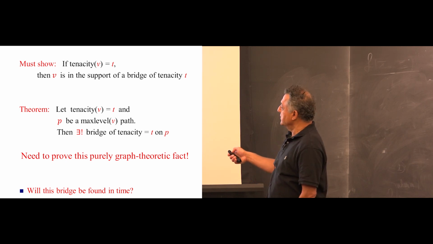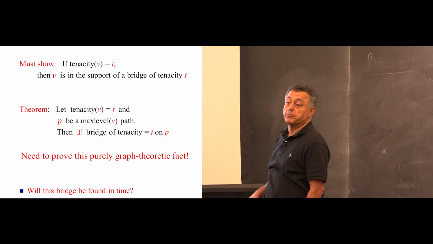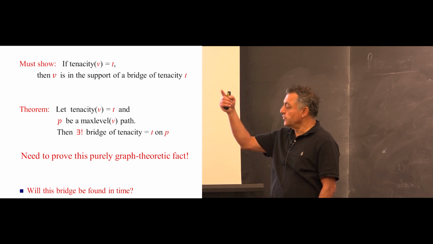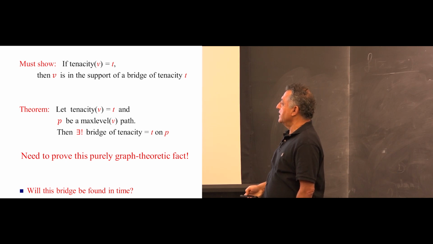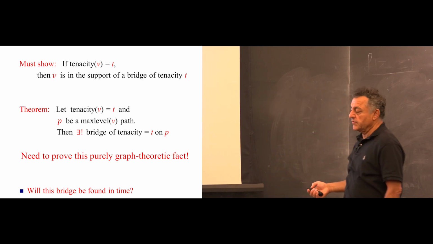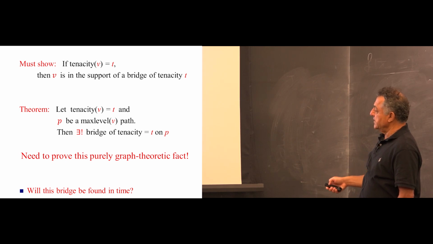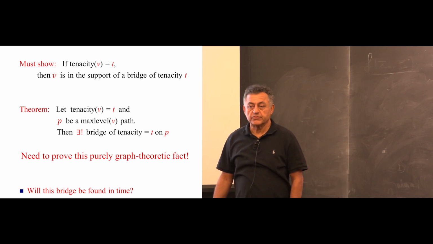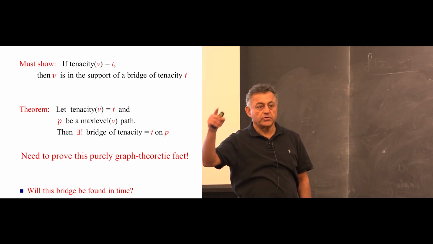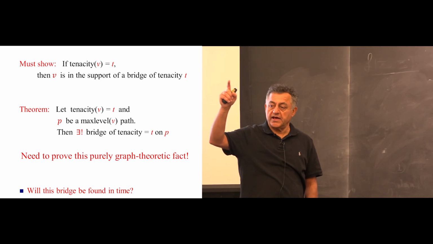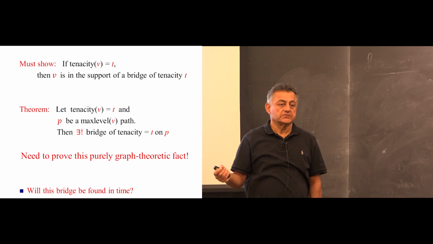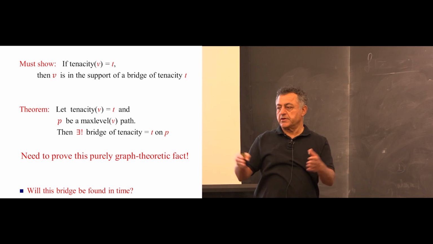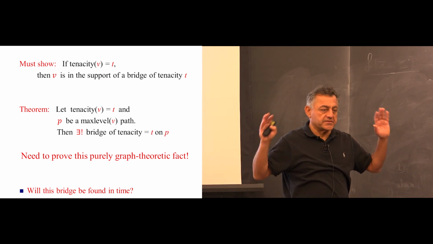Who will give it its max level? Only a bridge of tenacity T in whose support V is. What does it mean that V is in the support of that bridge? There's a max level path to V which contains that bridge. And in effect, we will end up showing the following theorem. So let V have tenacity T and P be a max level V path, then there's a unique bridge of tenacity T on P. So we have to show that every max level path to V has a bridge of tenacity T on it. And so if V has a max level path, it has a bridge of that tenacity. When you do double depth first search on that bridge of that tenacity, you will find V and give it its max level, QED,